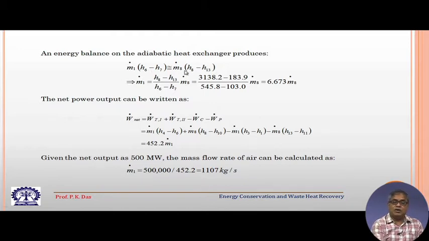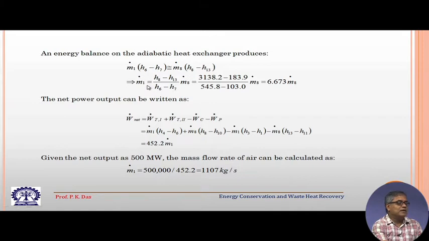Neglecting losses from the HRSG, we assume that it is perfectly insulated. So, whatever heat exchange is there between the hot gas and the incoming water and steam, afterwards it will form into steam. So, there is no heat exchange to the ambient atmosphere. So, a simple thermal balance, energy balance will give us this, and then we can get m dot 1, which